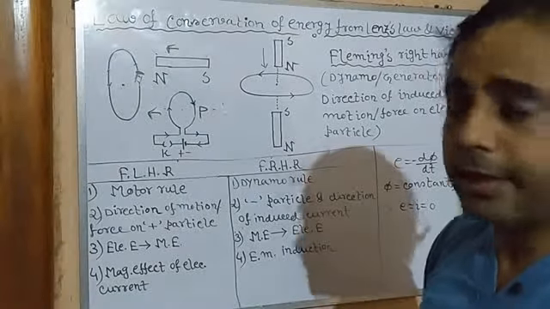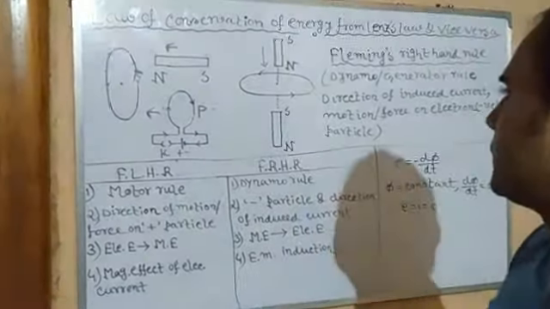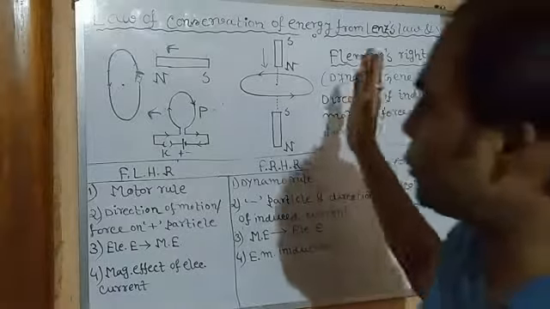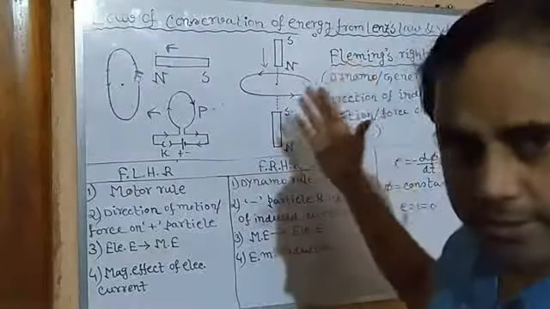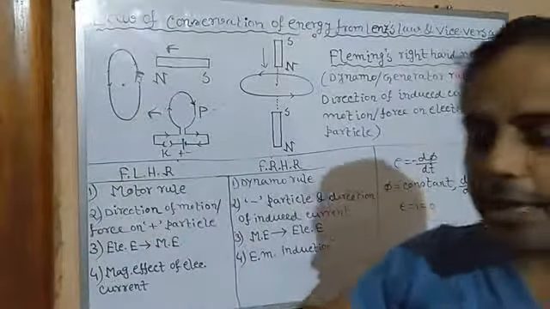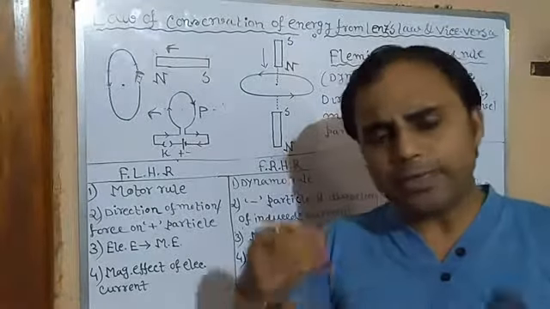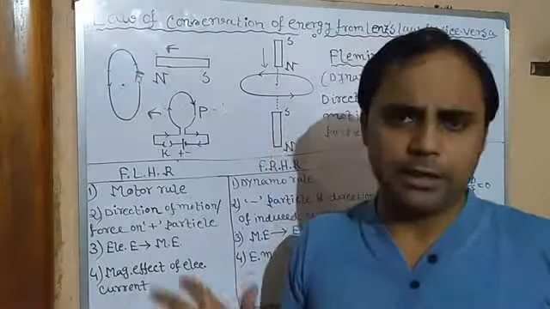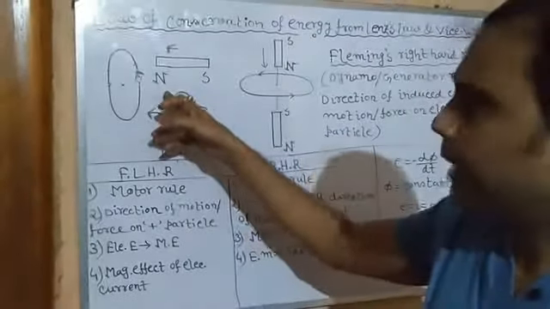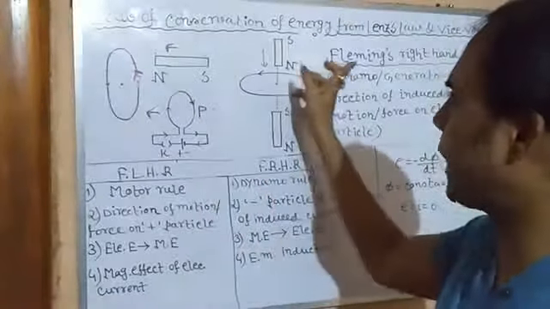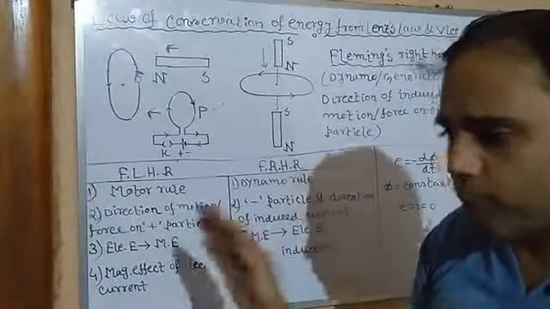In a word, it can be explained that, momentarily, if we assume that instead of opposing, it starts to violate Lenz's law, instead of repelling, it attracts, and instead of attraction, it repels, then we will get energy automatically without doing anything. Because in this world, we cannot get any output without doing any input. It will be totally impossible. So if, bringing the magnet and the coil closer, it doesn't repel, and moving away, it doesn't attract, it means electrical energy can be obtained automatically. But it cannot be possible.